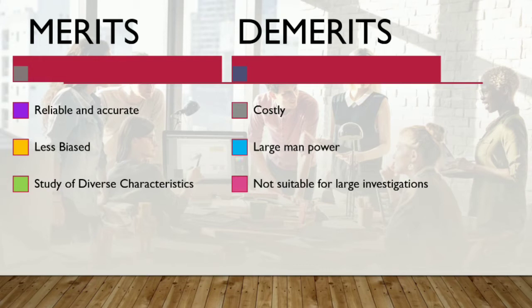And demerits, just think about if we work for the entire population which is in question in hand, it will be costly as more enumerators and large manpower are required, and definitely this method is not suitable for large investigations where we require a lot of manpower, which is impossible. In that case, if we want to go for large investigation, we do a sample study, which means we pick a few of the people from the population and survey our data and study our statistical aspect. So let us know what is sample method, the other method of collecting the data.